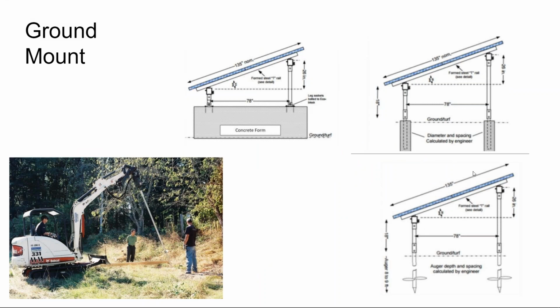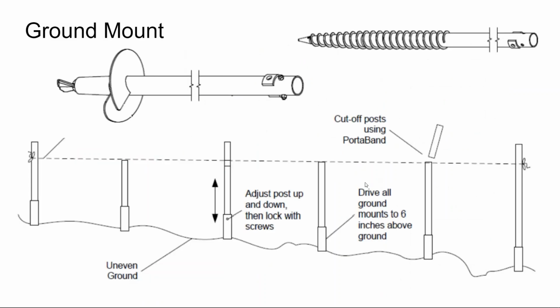But they're pretty simple. You can either use concrete or just screw into the ground. We were able to use these things and get them pretty level using just general contractor laser finders, laser levels. But if you're doing it yourself and you only have a limited budget, you don't have a laser level, you can cut off the top of them. So they do go into uneven ground, all right.